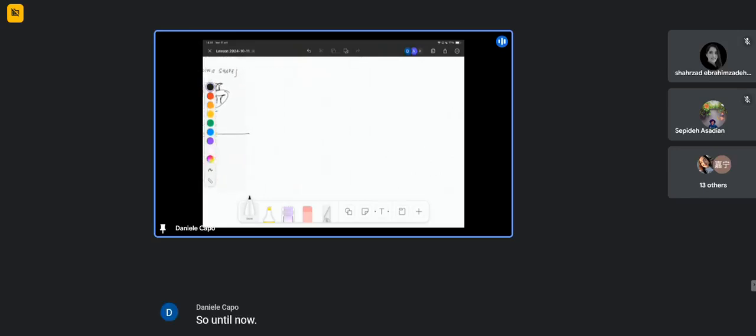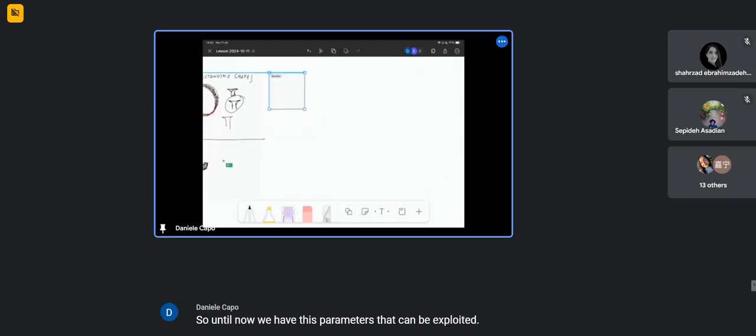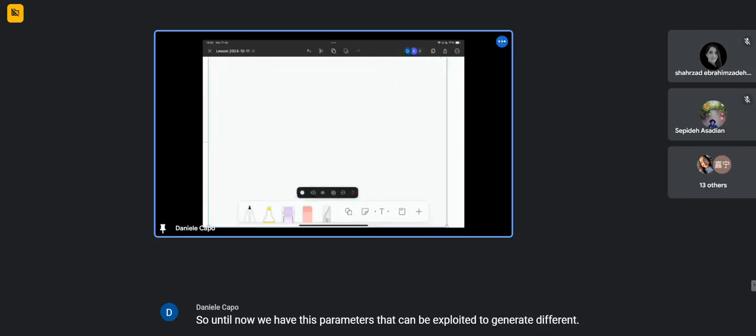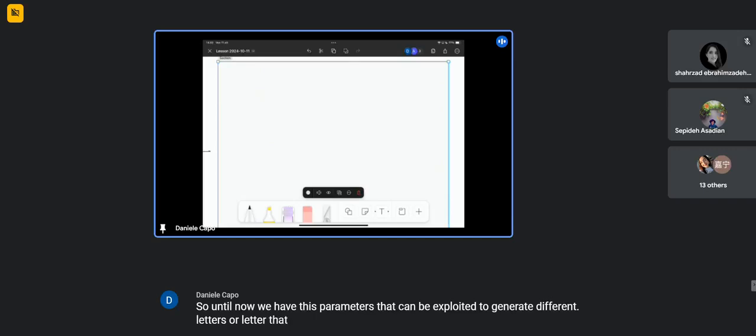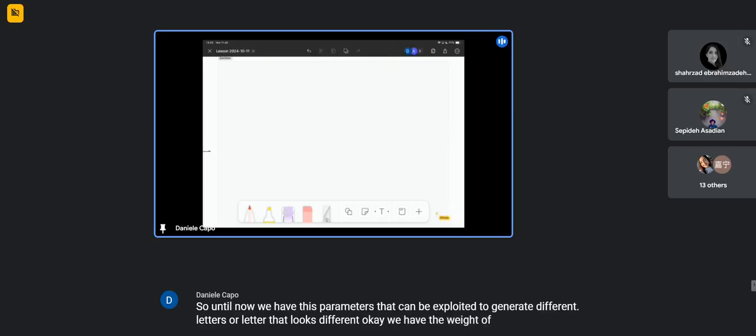So until now, we have this parameter that can be exploited to generate different letters or letters that look different. Okay. We have the weight of the letter and the contrast. Okay. Weight